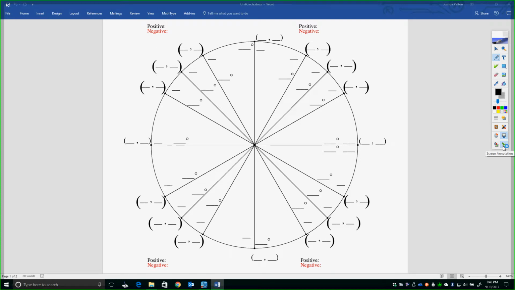So therefore the outer coordinate on the circle is (1, 0). And likewise all the way around. This would be (0, 1), (-1, 0), and (0, -1). Let's make a better negative 1 than that. So this is the primary measurement tool in high school trigonometry,